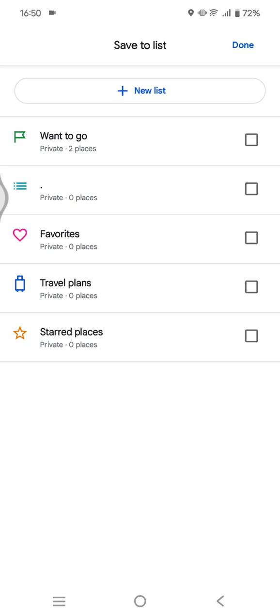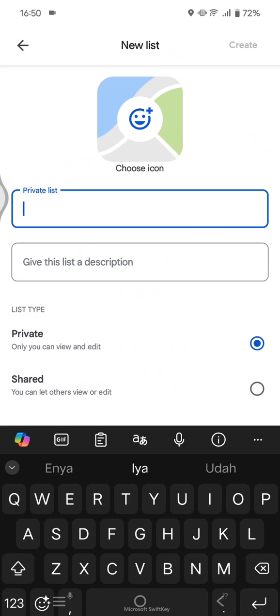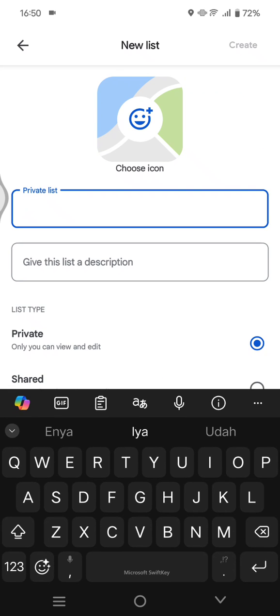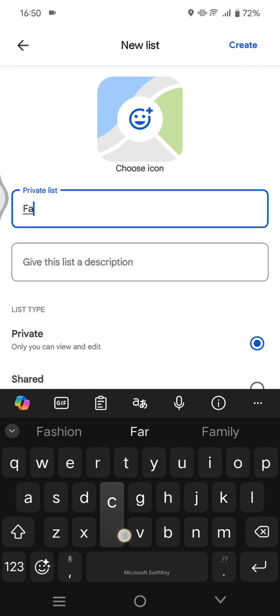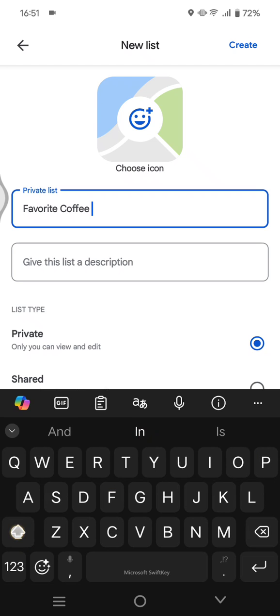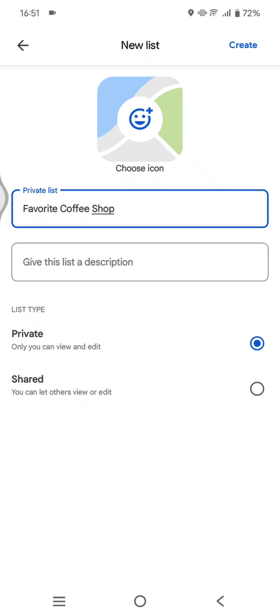Click on save, and at the top you can just click on the new list, and here you can rename the list. For example, I'm going to just type in favorite coffee shop, and in here you can just click on the shared. So set this not as private but as shared. After that you can click on create,